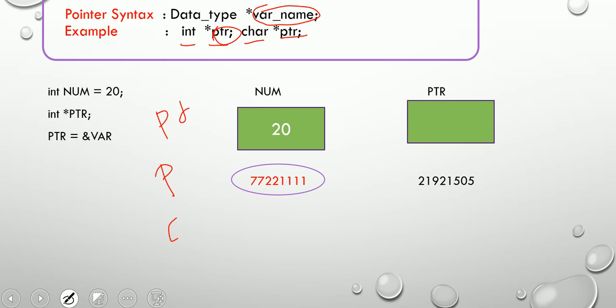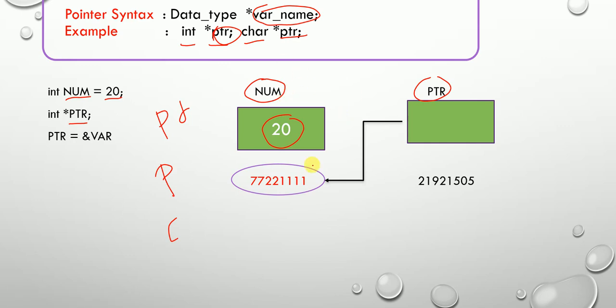So now we will be taking one simple example to understand how this pointer works. So there is a variable called num. Its value is 20. Okay, and then there is a pointer ptr. Now there is a number and there is a pointer. The number is initialized with value 20, and now what we'll do next is pointer equals ampersand variable.